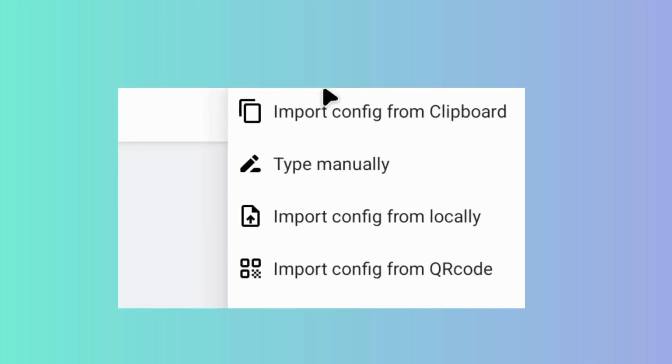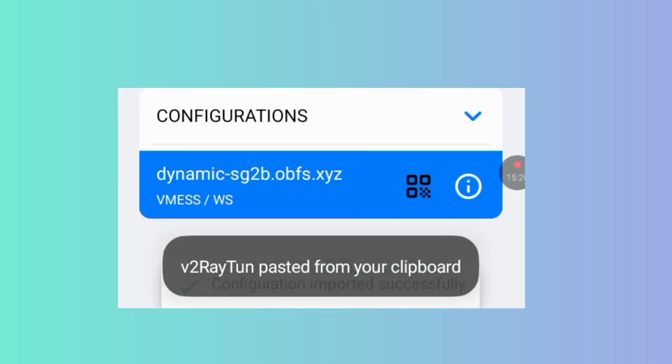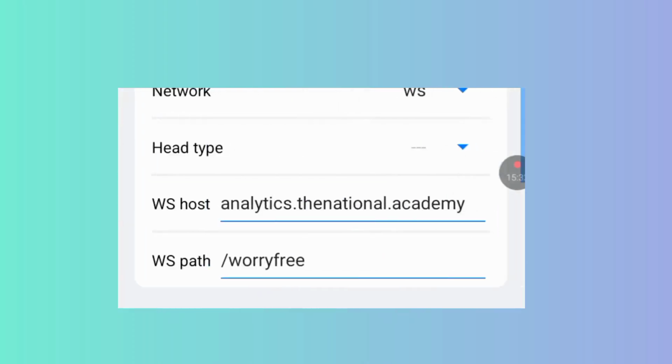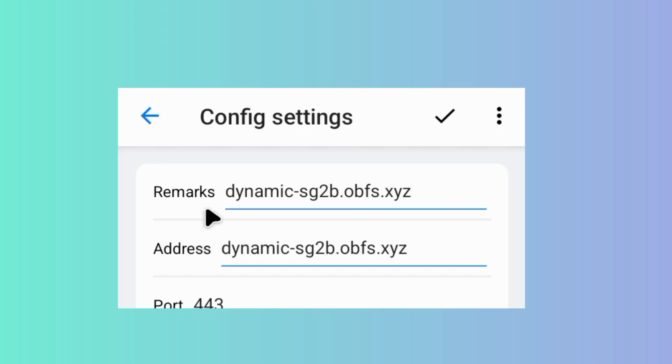From here, you click on import from clipboard. This will allow the app to obtain the created dynamic V2Ray configuration. So from this app, you are required to do some changes to this configuration. And the first setting is where you see remarks, you can remove what is there, and you put a name you prefer. So the main change is where you see address,